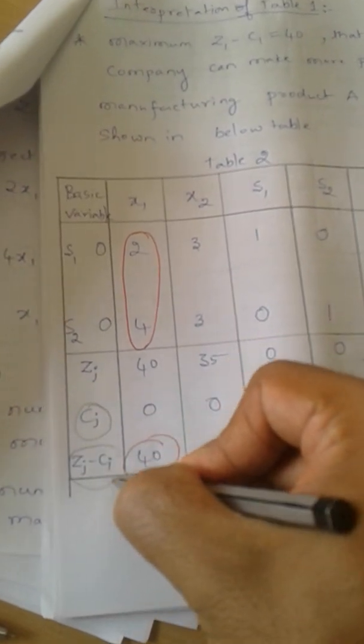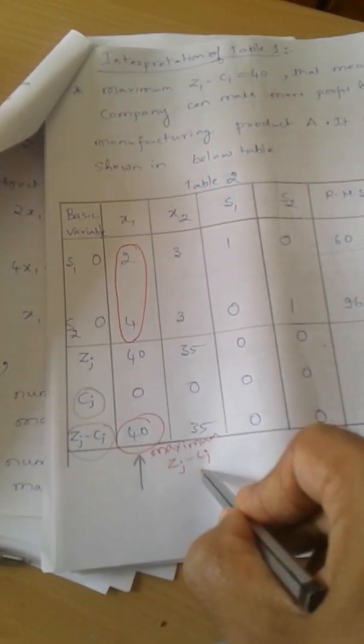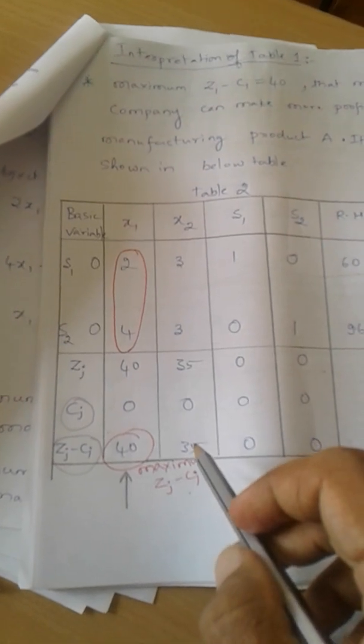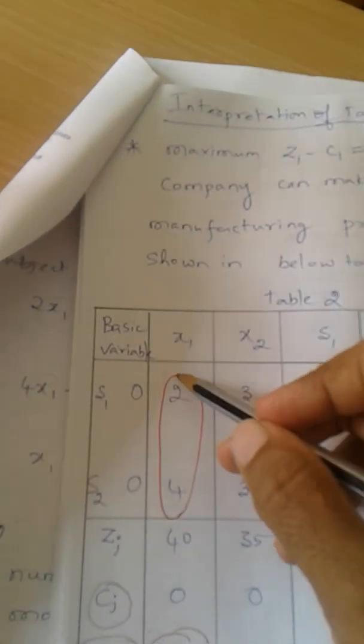All right, so here, whatever C and Zj minus Cj, the only addition is Cj and these two rows. So this is being added, whatever values we had obtained, all are 0, C values are 0 for all, and this is like this. Okay, Zj minus Cj. Okay, all right, next. If we have to see, the maximum Zj minus Cj value is 40. Alright, so that is the reason I'm going to select this particular row.